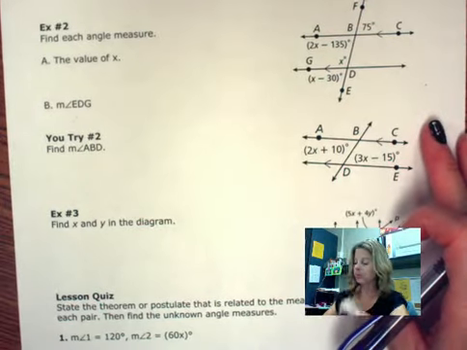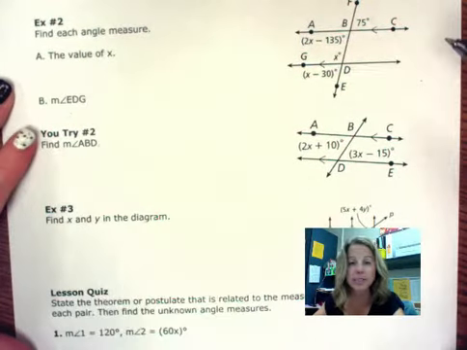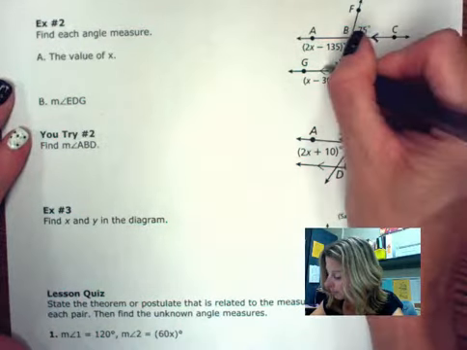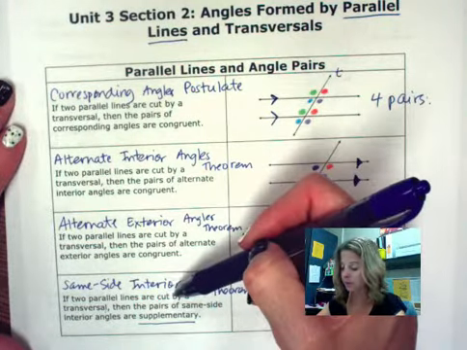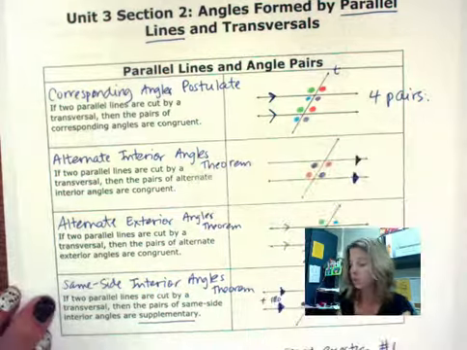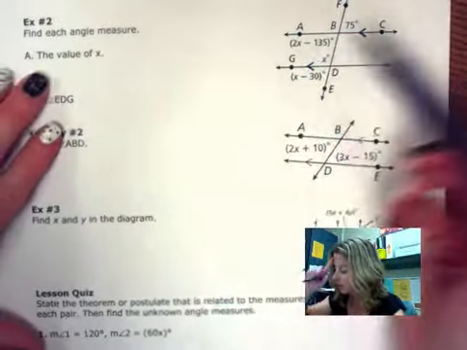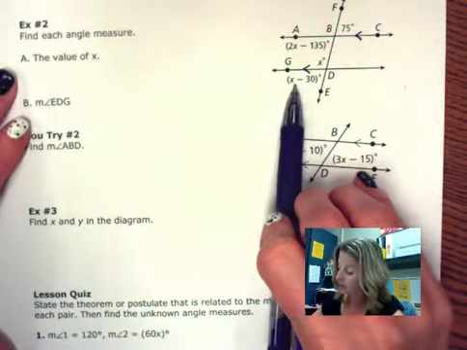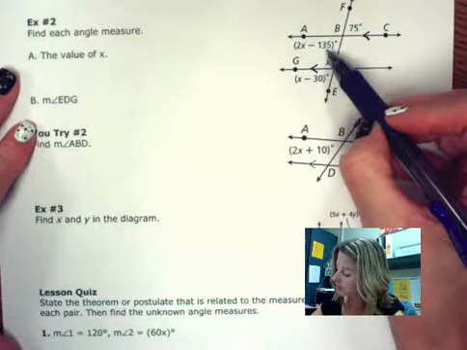Find each angle measure. So letter A here, I'm simply finding the value of x. So you need to examine your picture first. First of all, yes, I have parallel lines because I see my markings right here. So I can apply all of these rules. So you're looking for these 4 types of angles. Or you could work with maybe linear pair or vertical angles. So if I want to find the value of x, I've got an x here and an x here. So we have many options. Now, when I look at 2x minus 135 and 70,